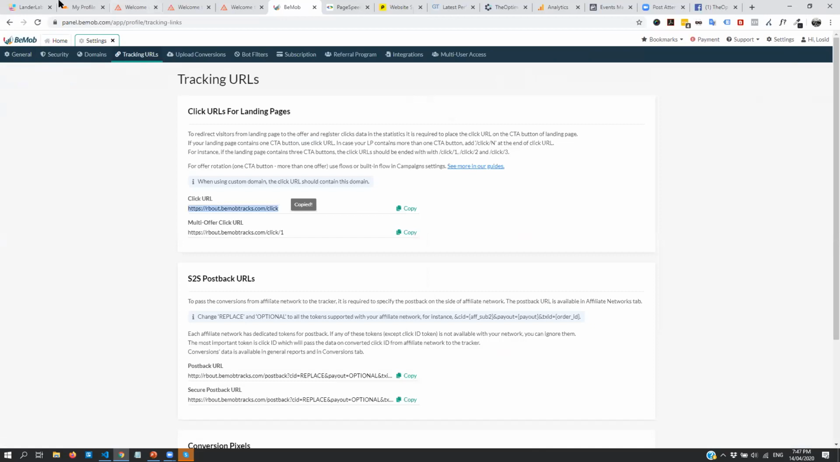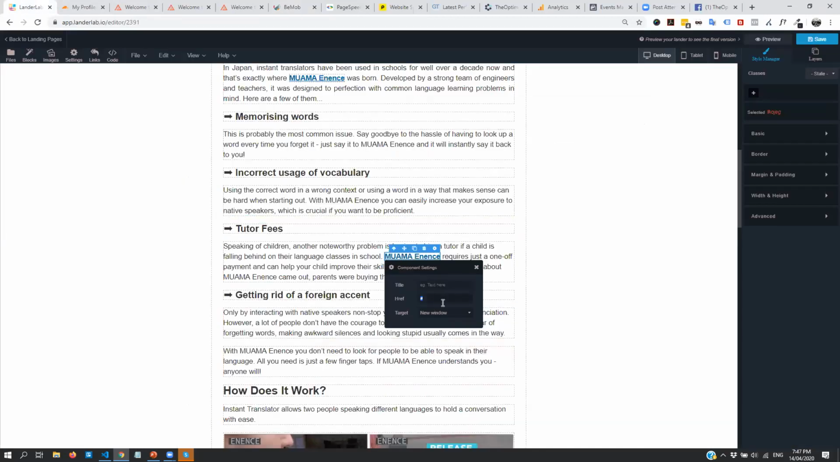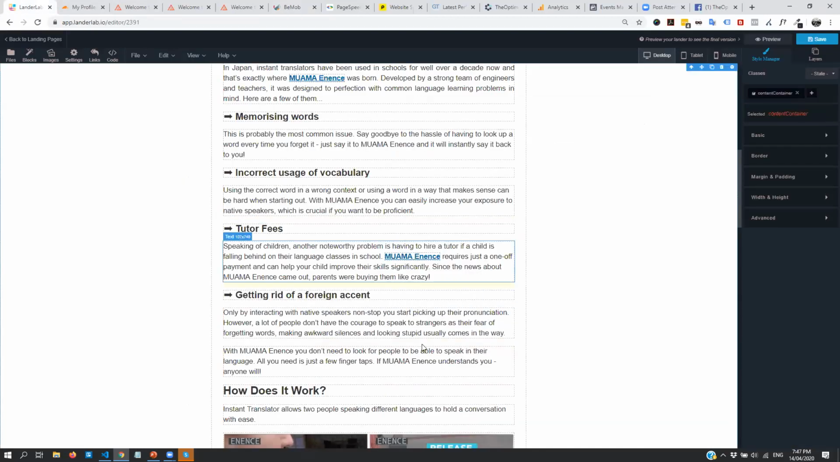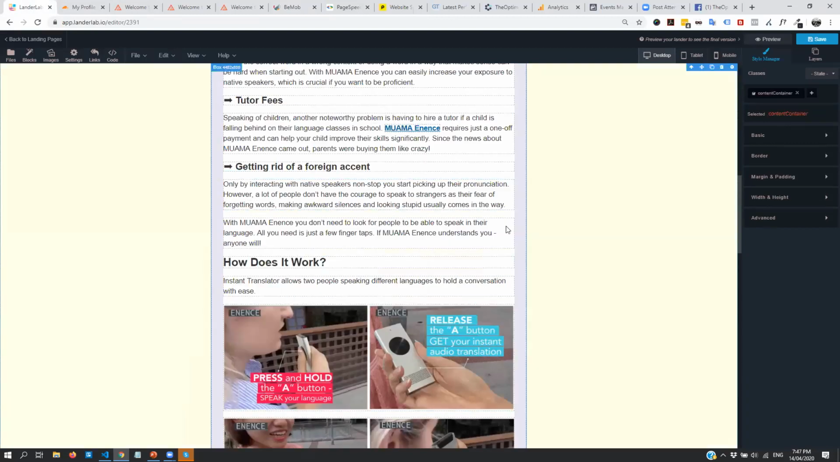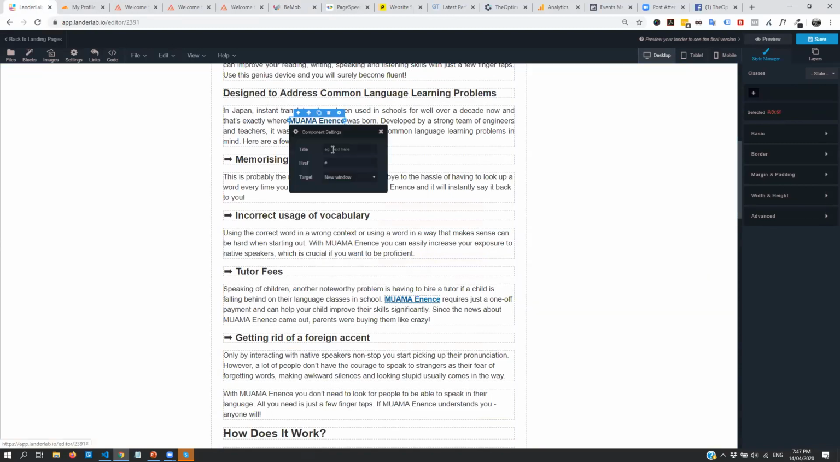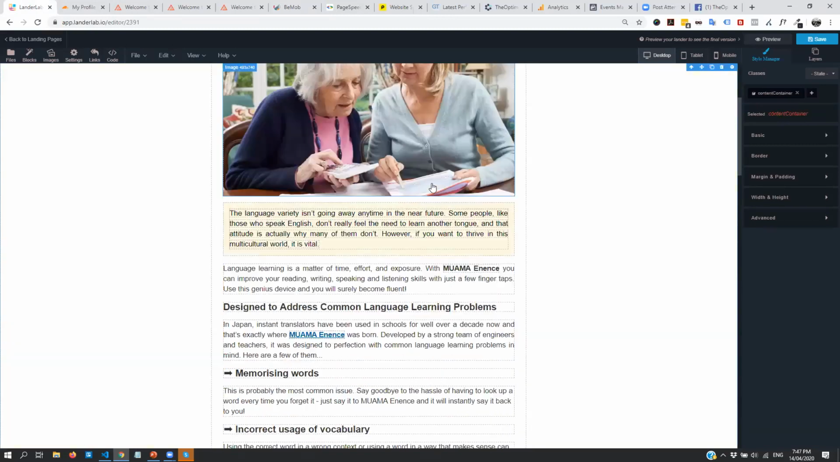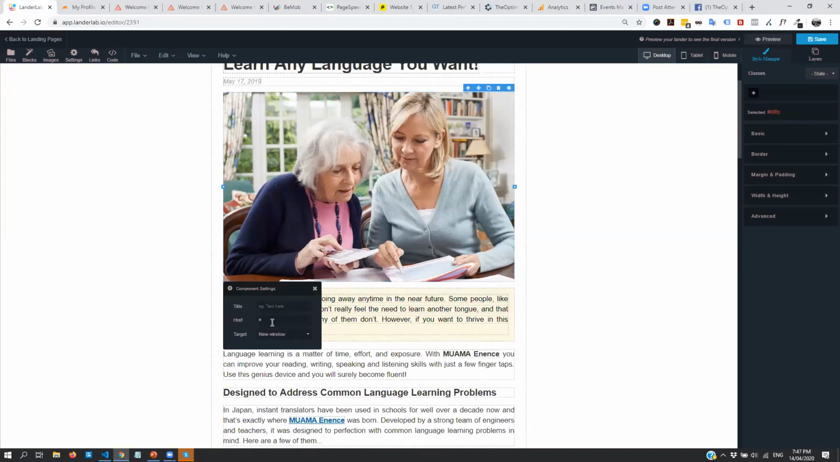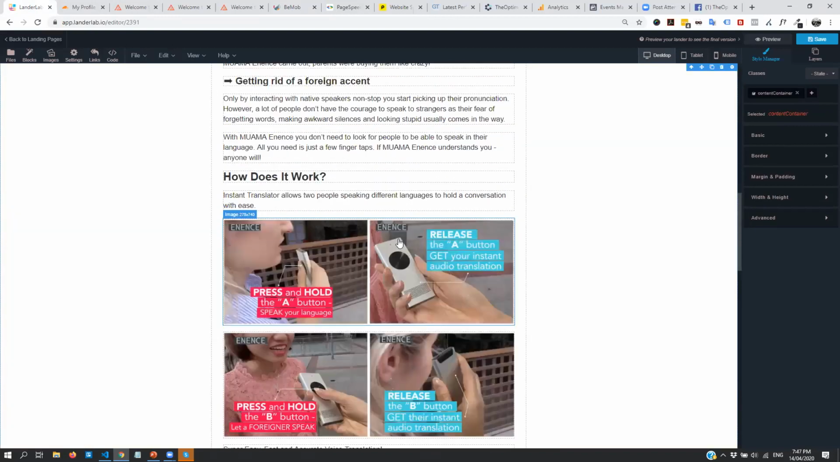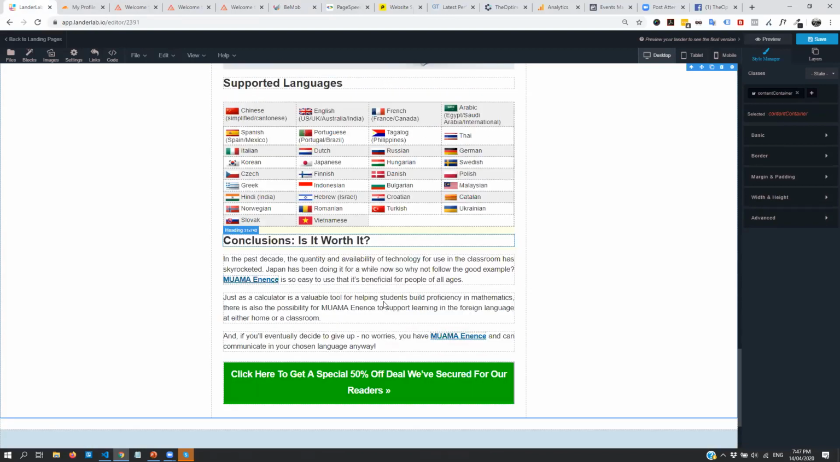I will copy this value here, and I will go back to the landing page. And as I'm showing it here, I will just replace all the links like this by pasting the new click URL. I will just change the link on the image here as well. And if I want to change the call to action